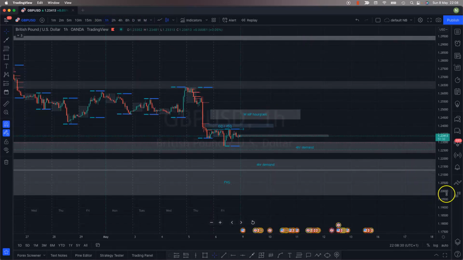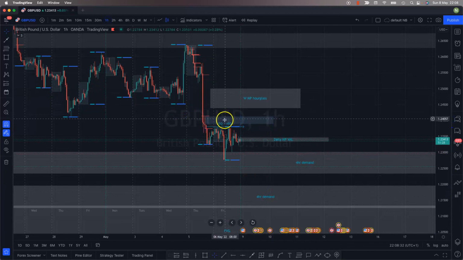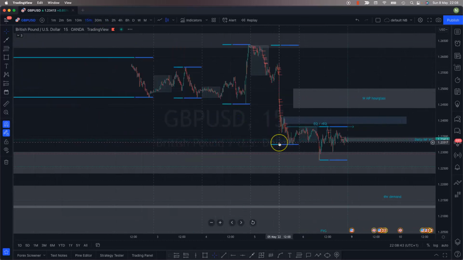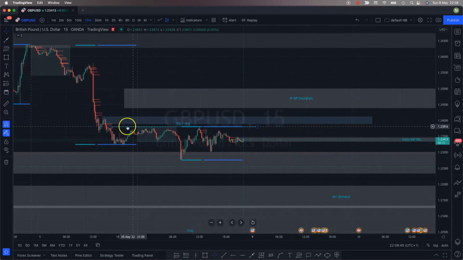Getting back to the 1 hour, we've got areas of liquidity below us, liquidity above us, plus we're looking for a buy up to sell down. If the market comes and starts respecting this zone again, buys into this 4-hour demand, it could very well buy up out of this. On the 15-minute chart, we can see how the consolidation occurred throughout Thursday, Asia session, Friday, whole session, and we've got a whole bunch of liquidity lying above us.